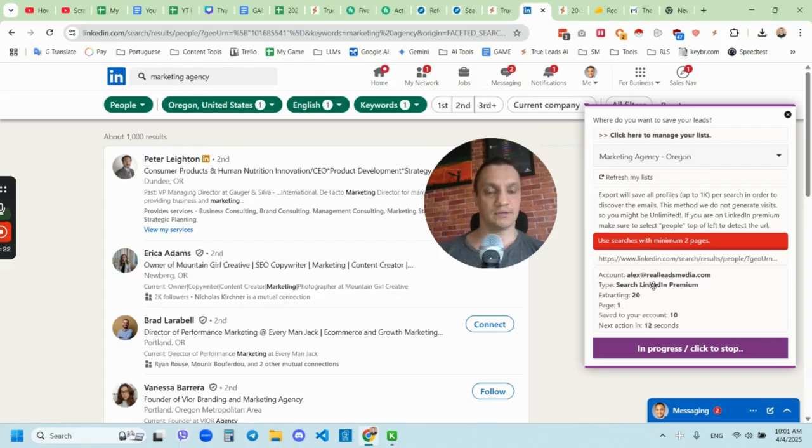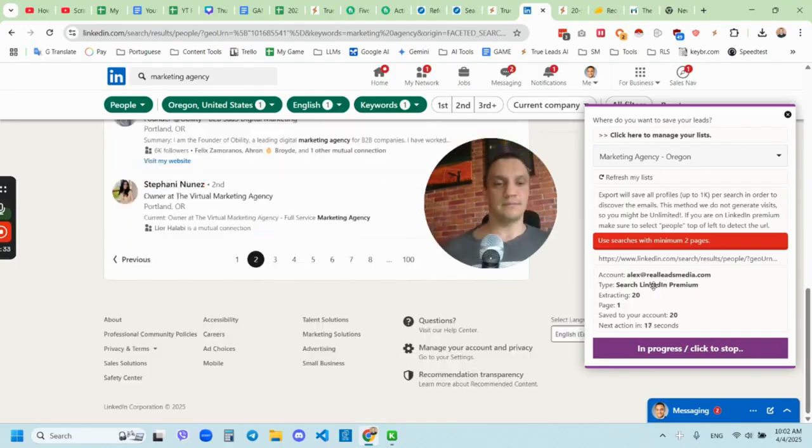The number two thing that I don't like about this tool: now, emails are pretty good here. I like it. That's why I use it most of the time for emails. The phone numbers aren't the best here, so I don't use it for scraping phone numbers, even though it provides them. And one other thing that I don't like, because as I said, you need to wait a long time,